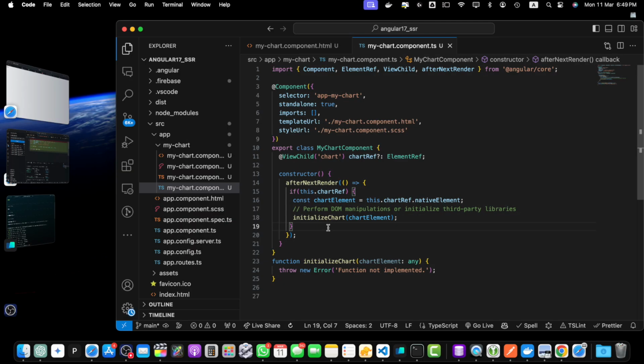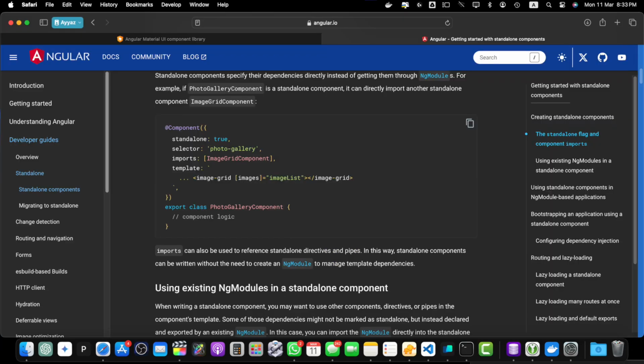Another significant change in Angular 17 is that standalone components, directives, and pipes are now the default for the new project. Standalone components provide a more lightweight and flexible way to build Angular applications without the need for NgModules. If you have an existing project that uses NgModule, Angular provides migration schematics to help you incrementally migrate to